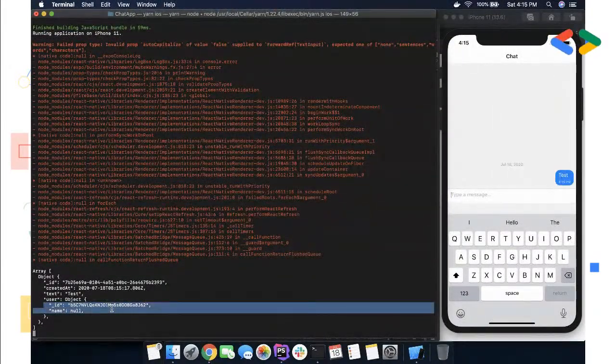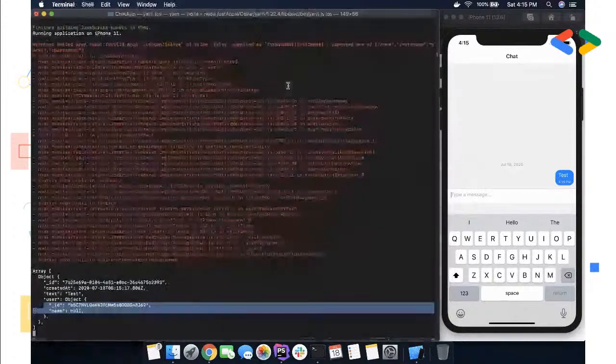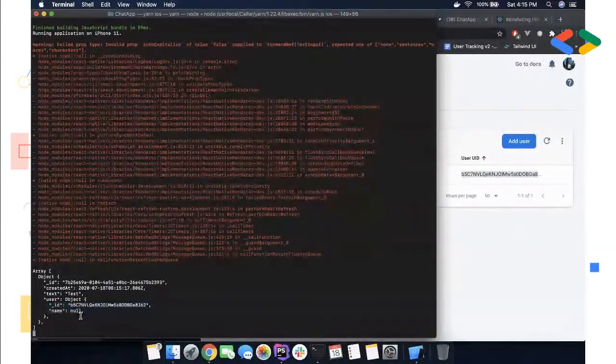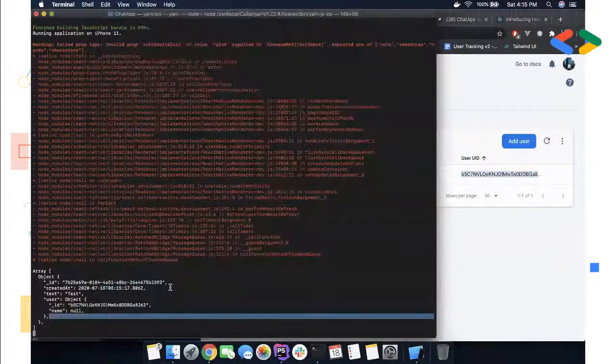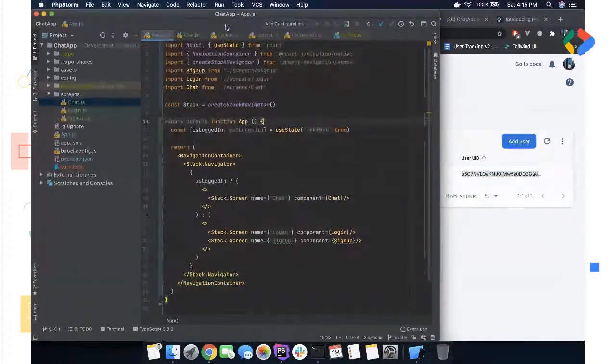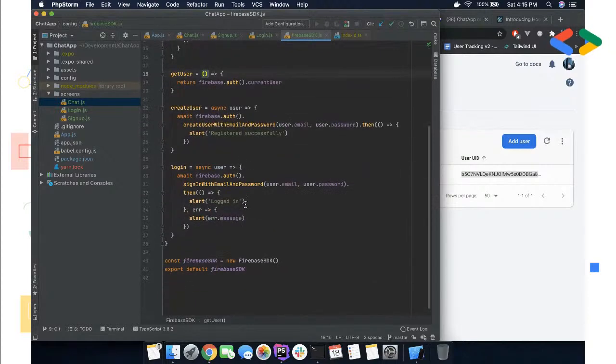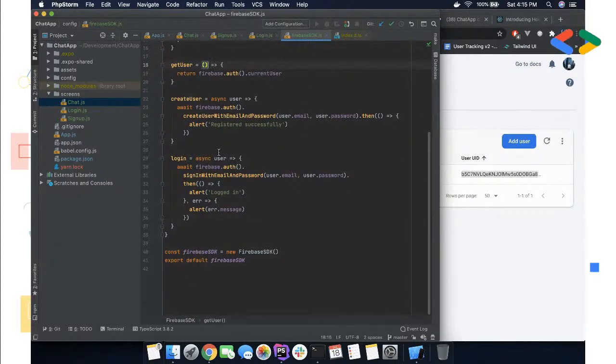Yep, so the user ID will be the ID that we have over here. And yeah, the name is empty. Okay, so when we sign up a user, we will need to set the display name. So in the create user method right here, we will need to pass in